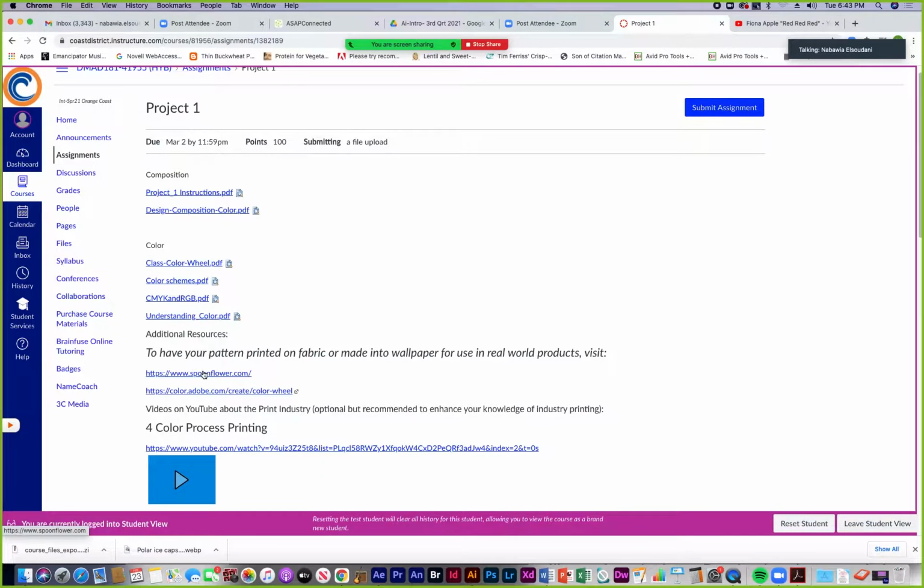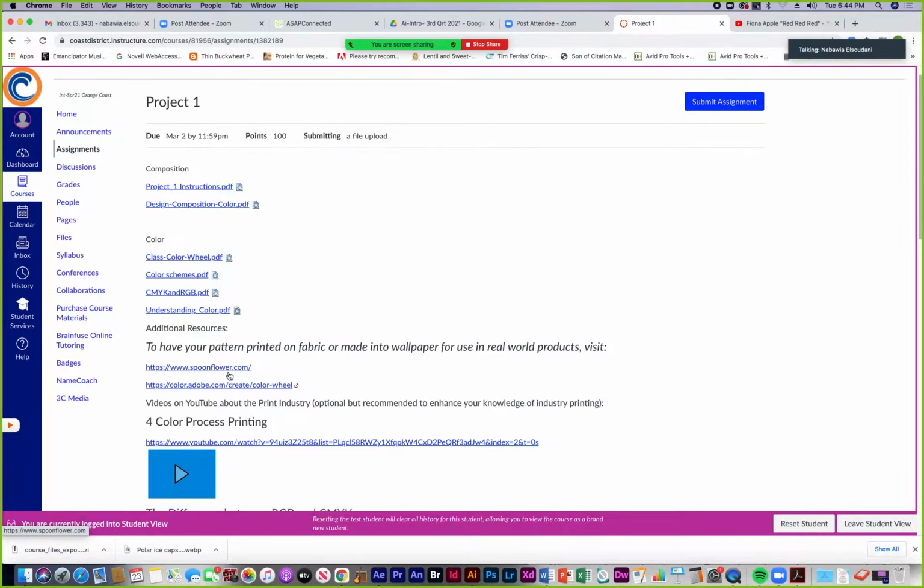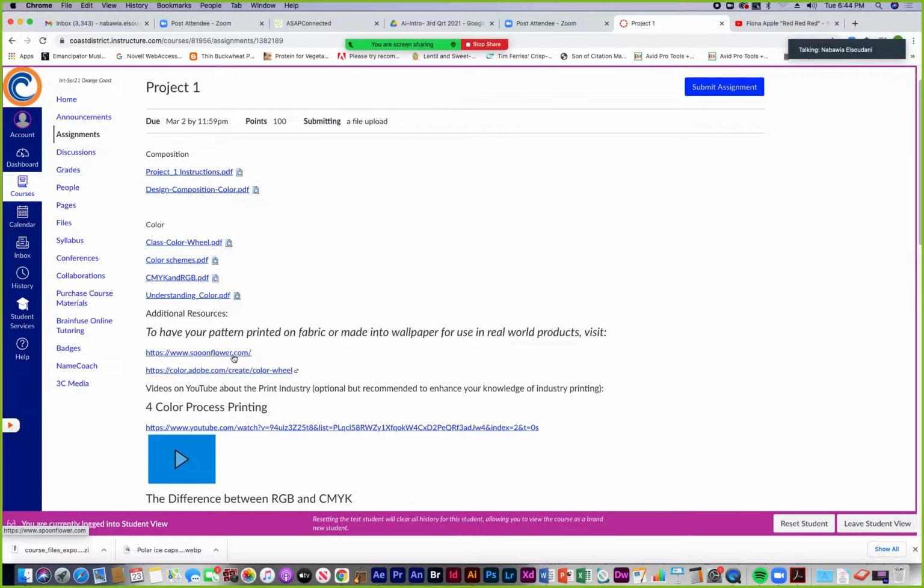And there's the spoonflower.com website if you wanted to actually have your pattern printed or browse other patterns that are out there to get inspired. You could visit that.